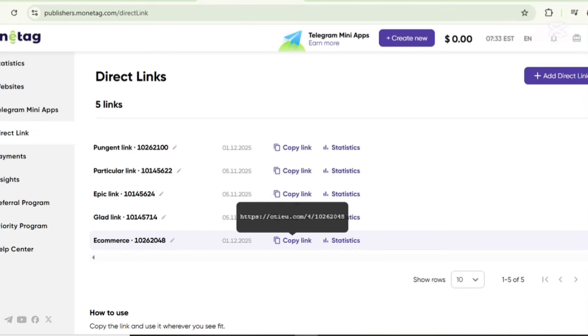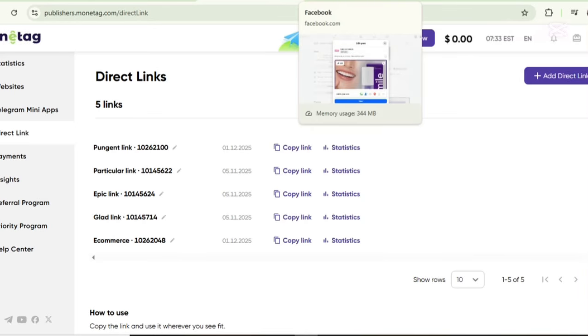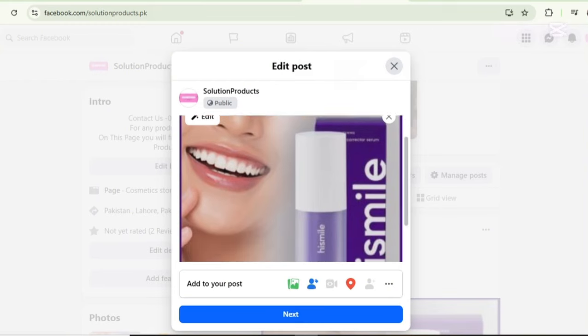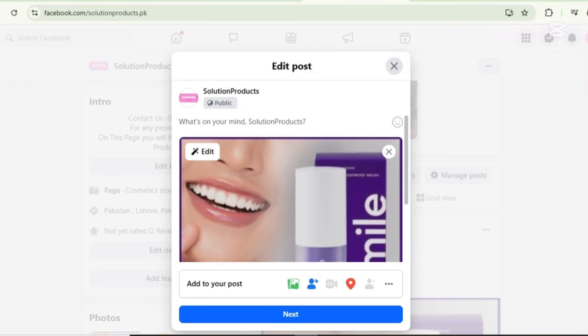First of all, I have to copy the link, and I will guide you on how I am earning through this Montech smart link. When you click on the link provided in the description, you will come to know how you can generate a smart link. I am working on social media such as Facebook, where I am running a skincare project, so I am publishing products on a daily basis.